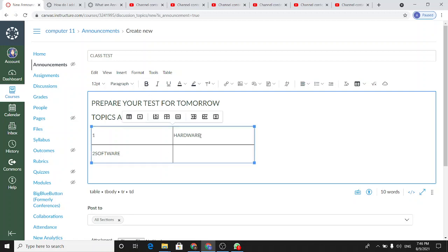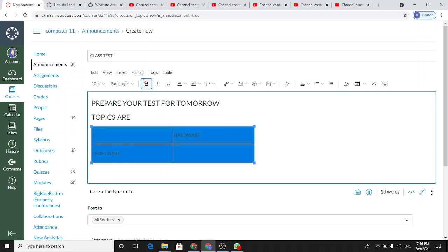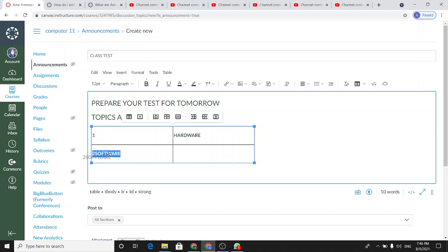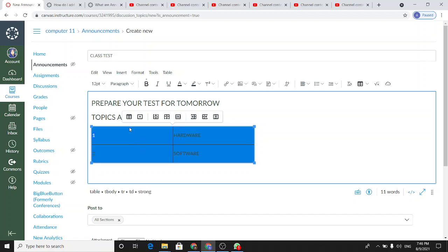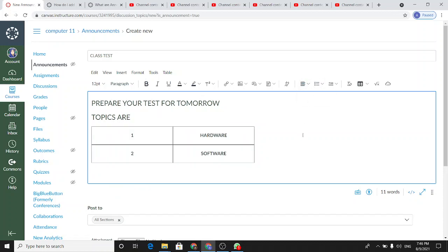I can bold this. This is written wrongly here. Let me cut it and paste it there. I can arrange this like this. Okay, so this is a setting. If you are familiar with Microsoft Word, you can do these settings very easily.